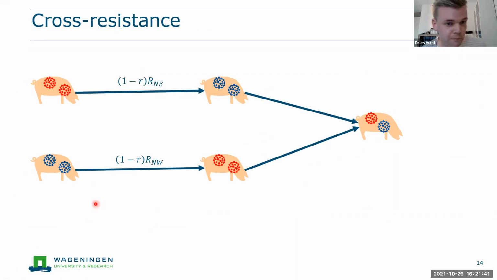So far so good, I hope. Now I'm going to make it a little bit more difficult, because so far I assumed that hosts could only be infected with one pathogen at a time, so either with the escape mutant or with the wild type. But often what you see is that hosts can get infected with multiple types of pathogen at a time, or even